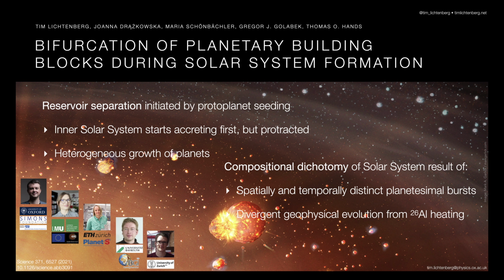To bring this new scenario for the formation of the solar system in context, we suggest that the specific composition of the inner terrestrial planets is a direct result of the accretion pathway of the planets, with the disk evolution, the mode of growth, and the geophysical evolution of the protoplanets during accretion as key physical variables.